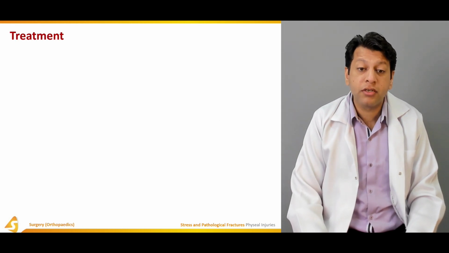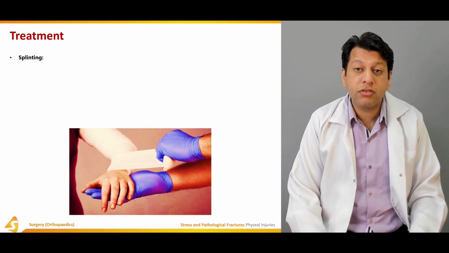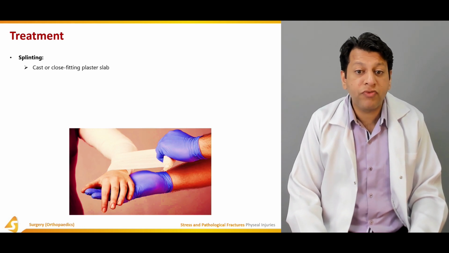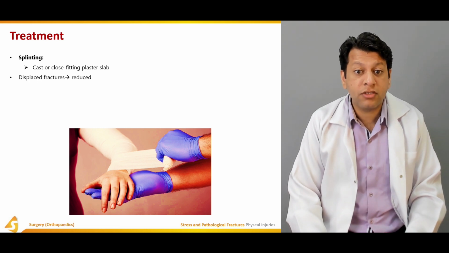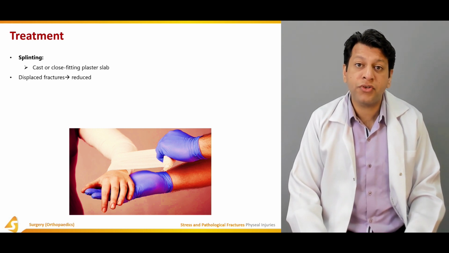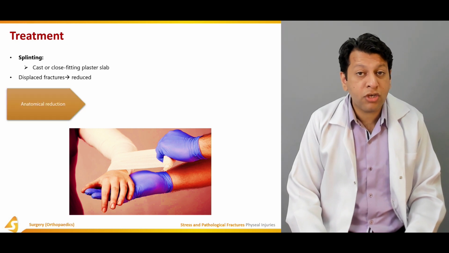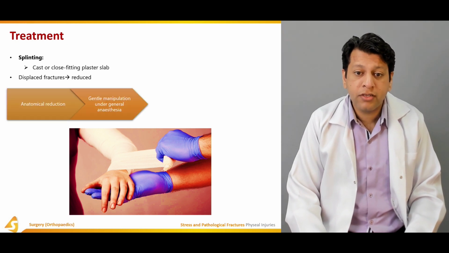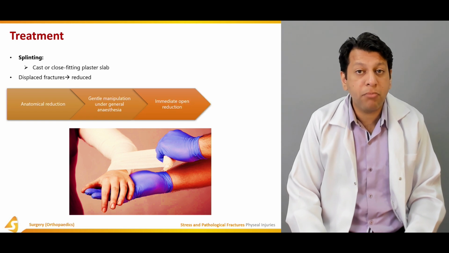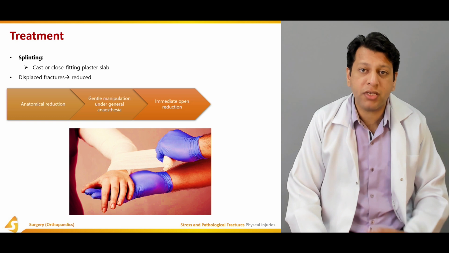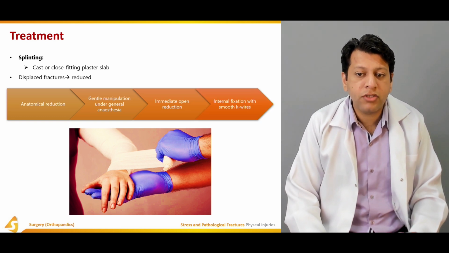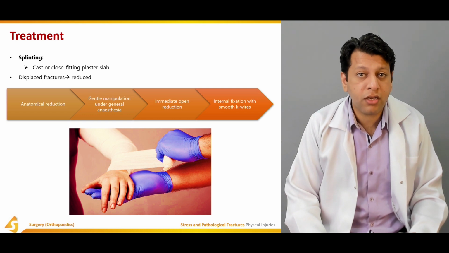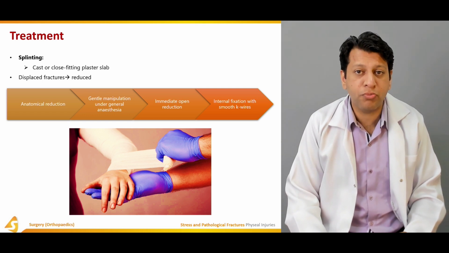Coming to the treatment. Treatment includes splinting, cast or close fitting plaster slab if it is undisplaced. If it is a displaced fracture, then we have to first reduce it. Then anatomical reduction is mandatory. It could be a gentle manipulation under general anesthesia or immediate open reduction. If it is massively displaced, then we may require immediate open reduction. Internal fixation is usually with smooth K wires, or screws can also be used, but we have to remember